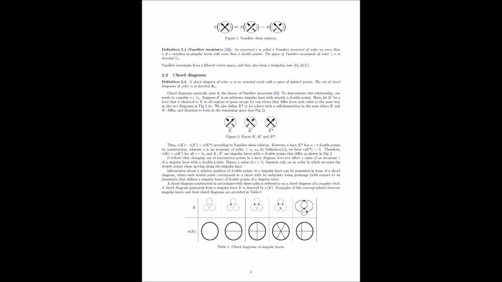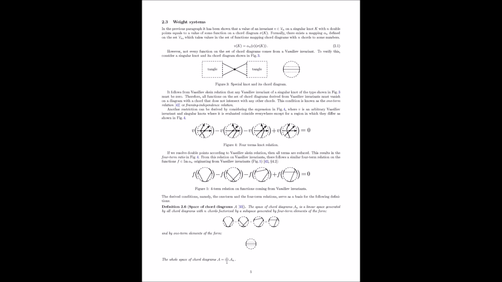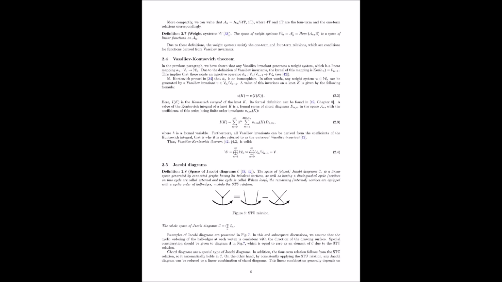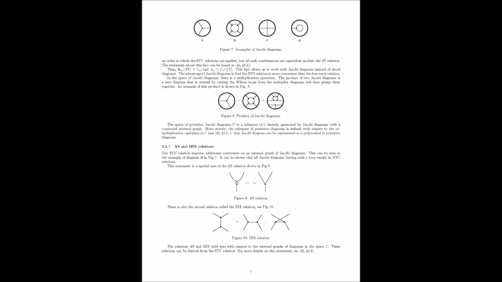Do these diagrams have any special properties or operations? Yeah, they have a unique multiplication operation, allowing us to combine and form more complex structures. And we use AS and IHX relations to manipulate and simplify these structures. So we've got Vassiliev invariants, chord diagrams, weight systems, and now Jacobi diagrams, all playing a part in understanding knots. It's all coming together. It's all connected,